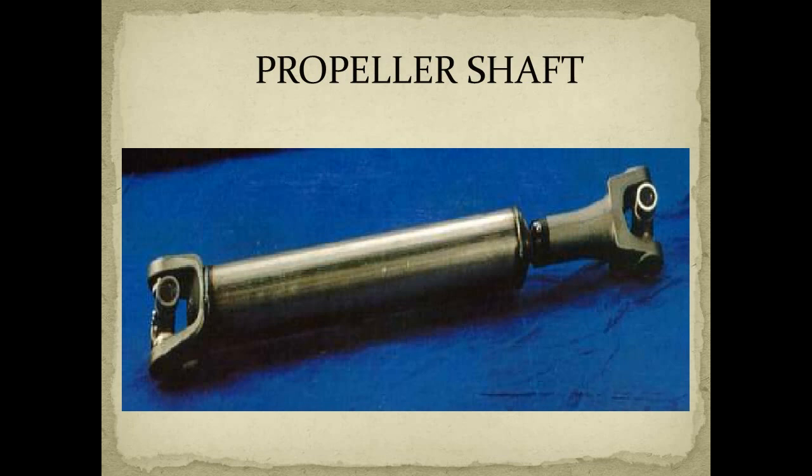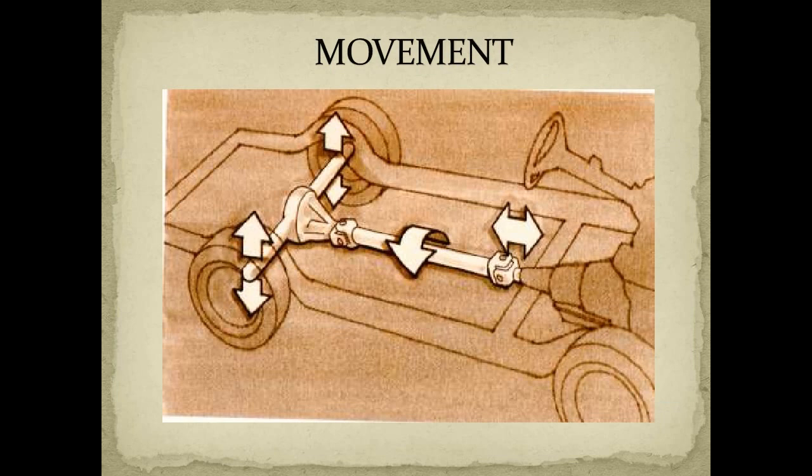The engine and transmission are rigidly attached to the frame of the vehicle, while rear axle housing with wheels and differential is attached to the frame by springs. The springs compress and expand due to road irregularities, which changes the angle of drive between the propeller shaft and the transmission shaft. This also changes the distance between the transmission and the differential. The propeller shaft movement